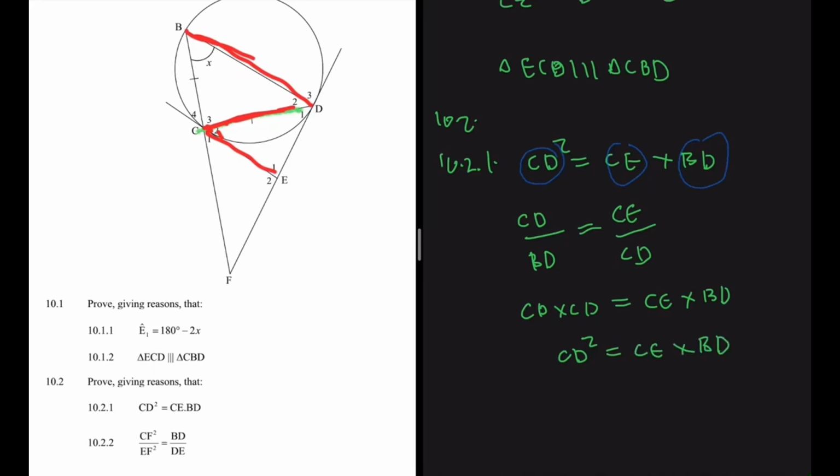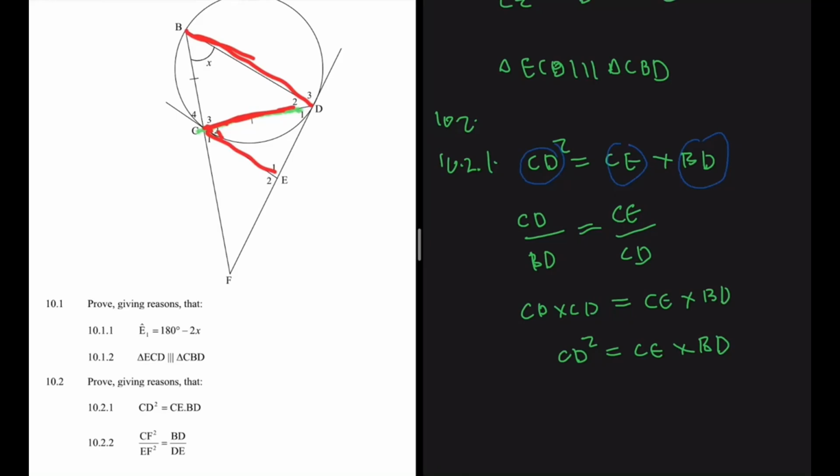If you take a ratio of the smallest side to the biggest side on one triangle, it will be equal to the ratio of the smallest and biggest on the other triangle, right? It doesn't have to be smallest and biggest in that order. You can do it in any other way. But as long as you do the same thing on the two triangles, the ratio of the two sides must be equal to each other. And that's how you would do